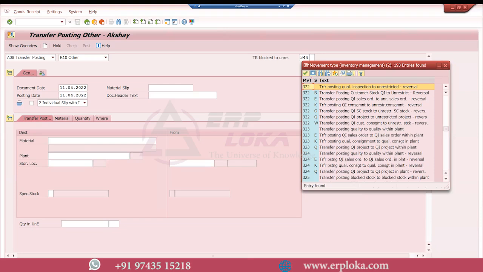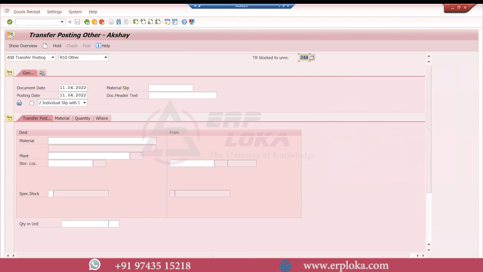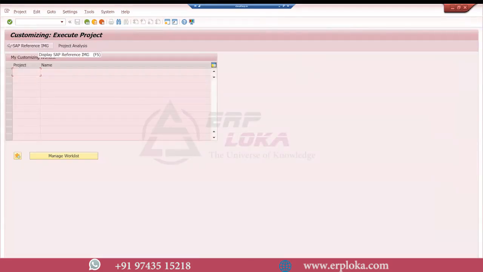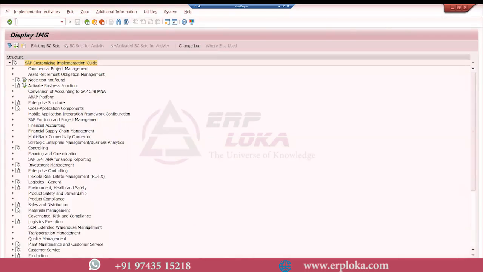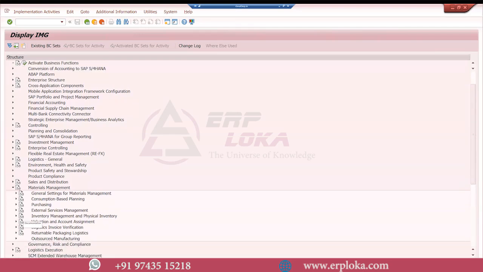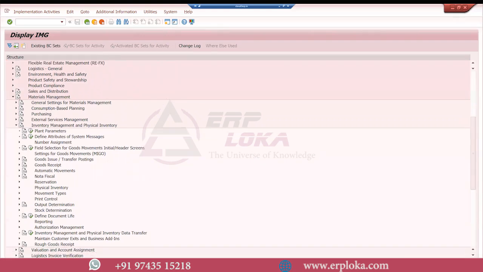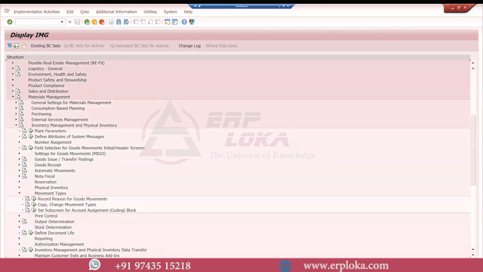Okay, now let me add a reason code for 322. To add a reason for 322, I'll go to the configuration path, which is SPRO, and I'll go to SAP IMG reference. And from here, I'll go to material management. Here I'll open inventory management and physical inventory. Okay, and here I need to search where the movement type node is. So open this movement types. Here you have an option of record reason for movement types, goods movement. So open this,